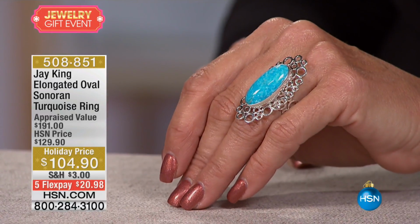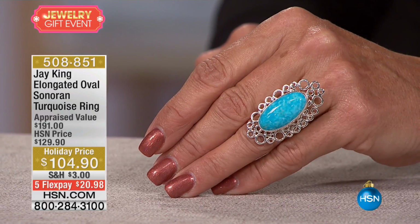Now do not let that happen, because throughout this hour and next hour, things start to pick up and start to sell out a lot quicker. This is on its way to selling out as well. It's bold, it's beautiful. It reminds me of champagne bubbles, and this turquoise is just some of the bluest and prettiest I've seen. Here again, this is brand new, but it has